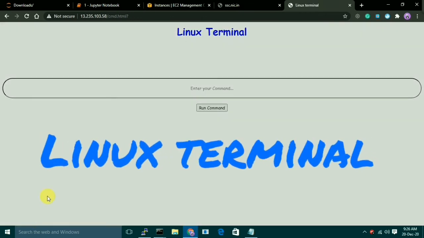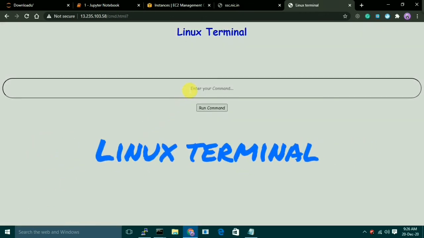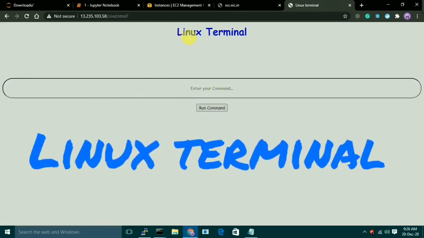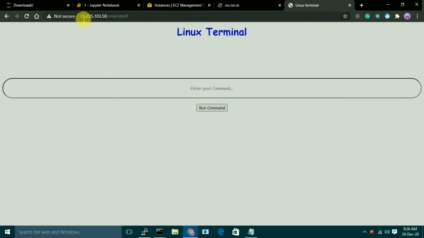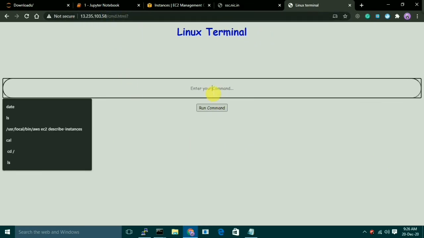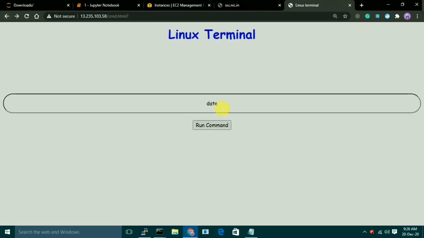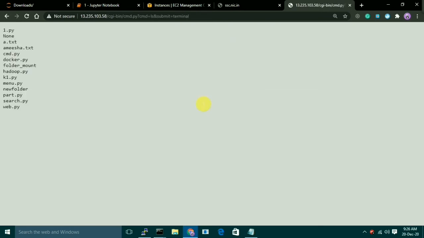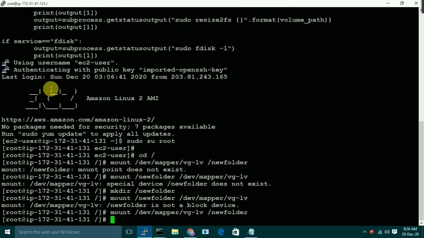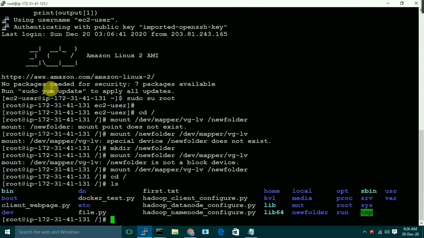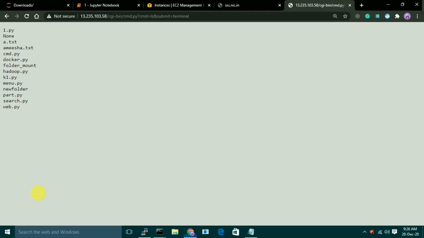Here this is a pure Linux terminal. Here we can launch whatever command we want. This terminal is attached to my server which is running here. This one is the IP of the server. Let's run some commands here. Like, say, the date command. Just run it here. It will print the date for you. Come back. If you want to see all the files here, ls, it will print all of the files here. See, all of the same files are here also.